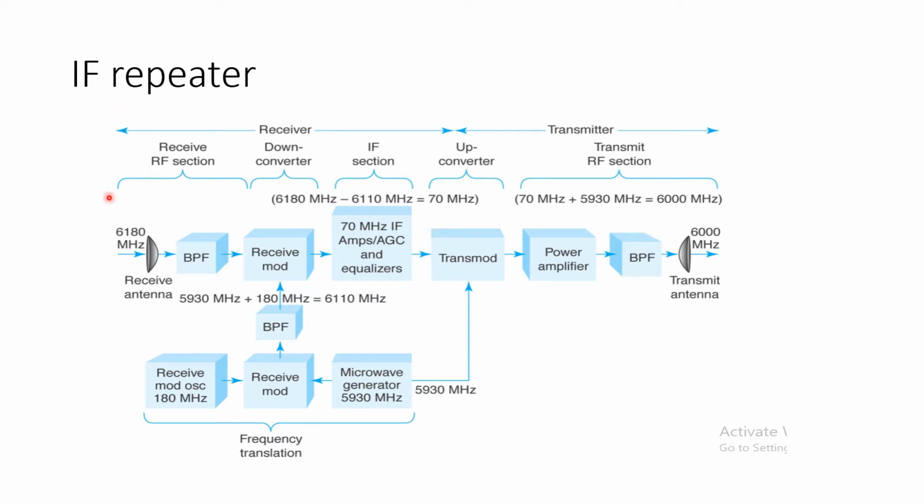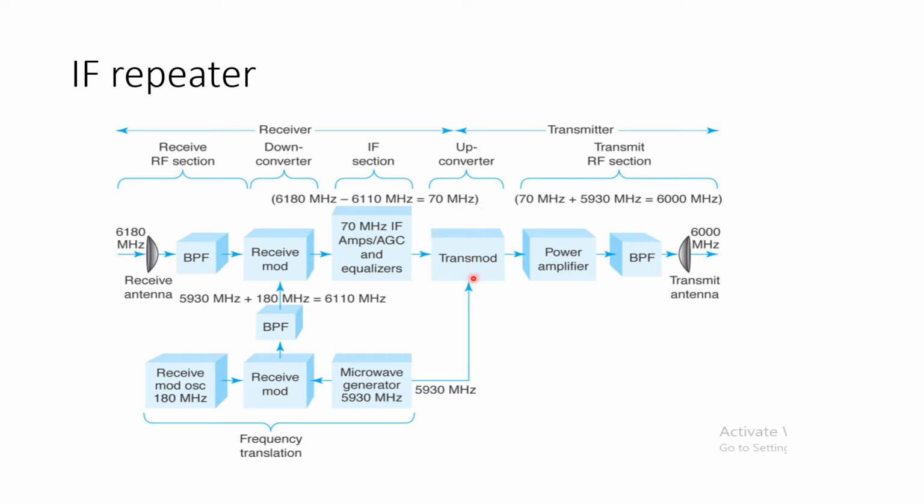So when we are observing the block diagram, we can see that obviously we are getting a receiving RF signal. There is first of all the RF section, again down converting into the IF section, again up converting and transmitting in the RF range. With the help of the channel separation and bandpass filter, we could eliminate the interference for the signal which is coming from the receiver antenna. And with the help of the receive modulator, we are down converting it into an IF frequency range, that is 70 megahertz.